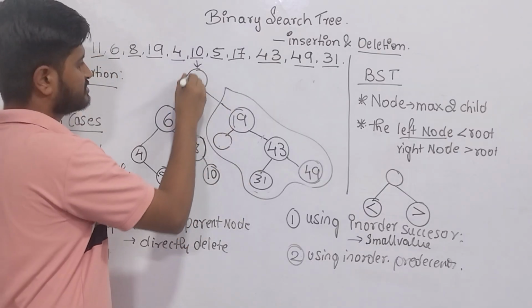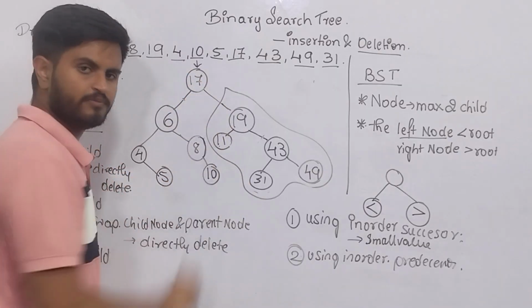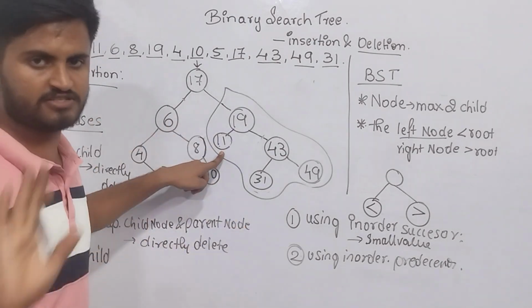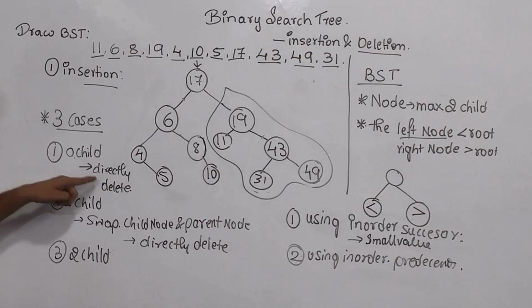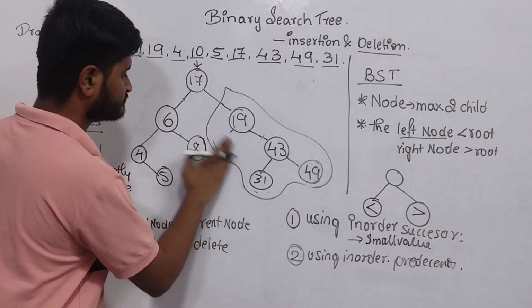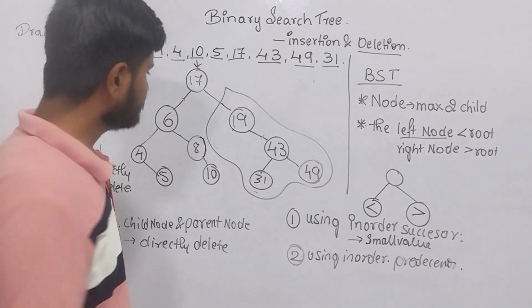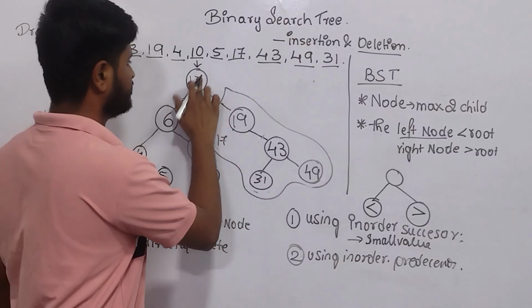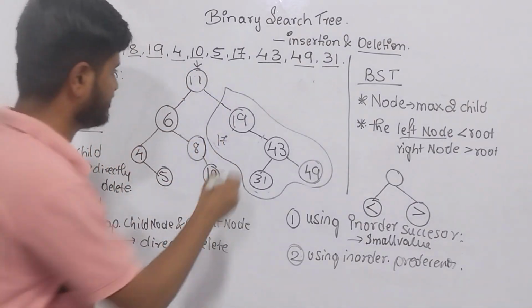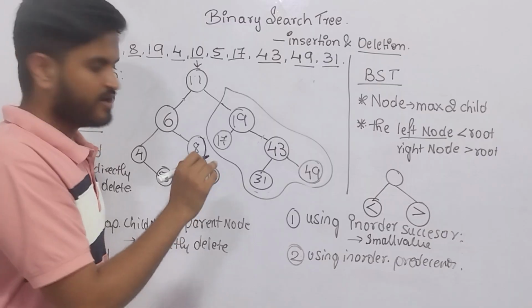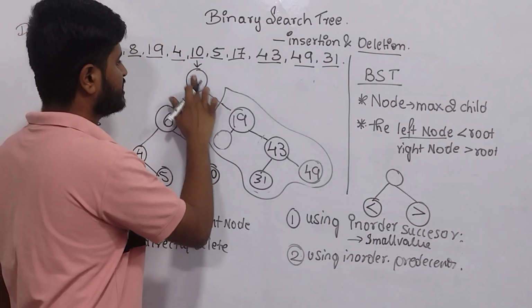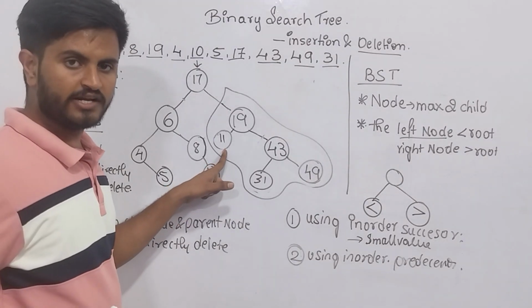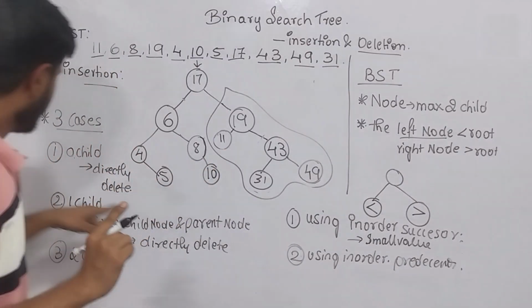So, you must replace 17 and 11, that is swap. 17 will come here and 11 will come here. Now, if you see, 11 is having 0 child. 0 child means the first case, that is directly delete. So what you did in this process, you searched for the smallest element. It was 17 here and it was 11 here. You searched for the smallest element in the right subtree and you swapped it with the element which you want to delete. Now the element which you wanted to delete has become the 0 child node,